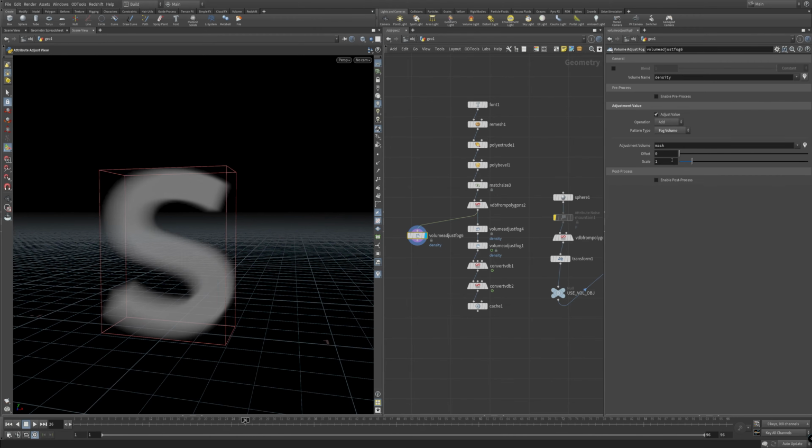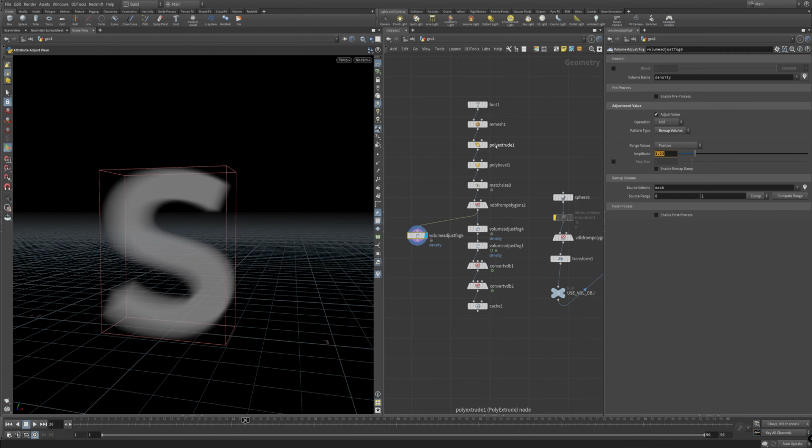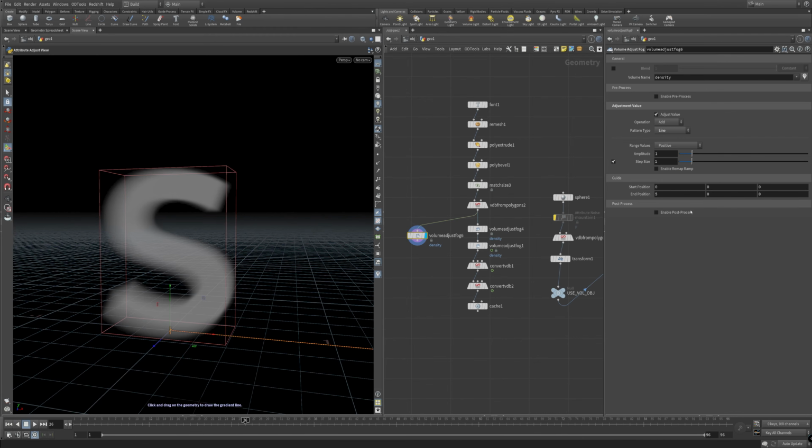And then fog volume, which is what we're talking about over here, using a fog volume object to mask out areas, hence the name mask right there. You can remap it if you just want to remap your volume. Let's do positive, and I'll keep this at 1, and then enable remap like so. You can even control the step size like that. What else? Line, which is super fun. I'll talk about that in a second. Radial, and then bounding box.